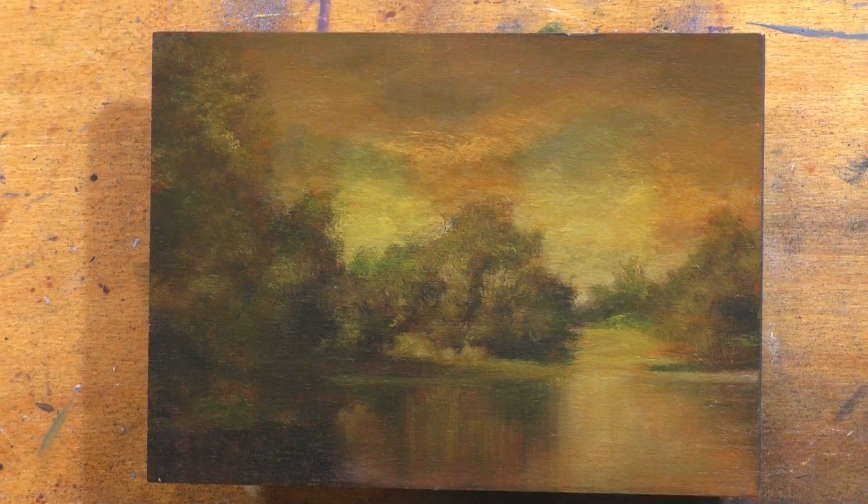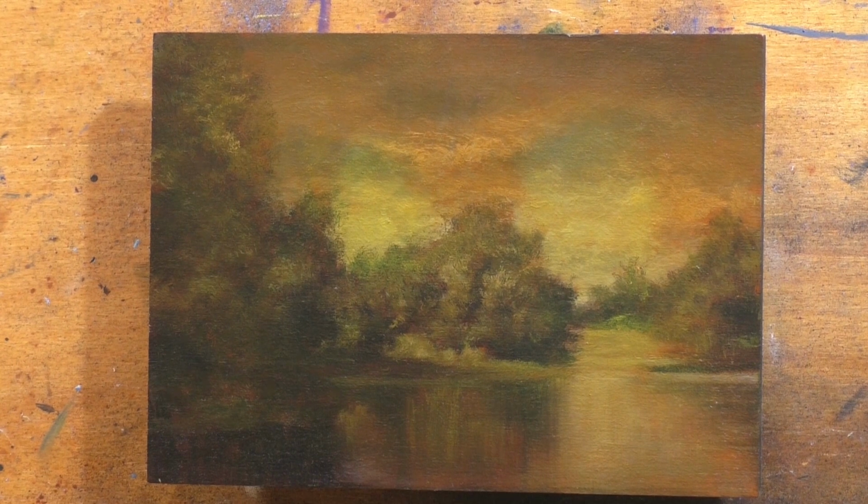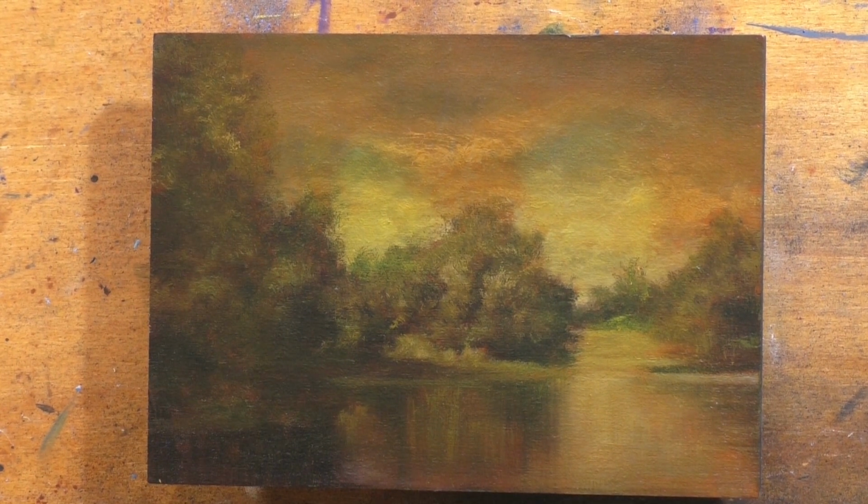So this is fairly extreme in that it's taking the cast of the painting, which was sort of cool, and now we're totally warm. And this is the power of glazing. Anyway, before we get much further here,